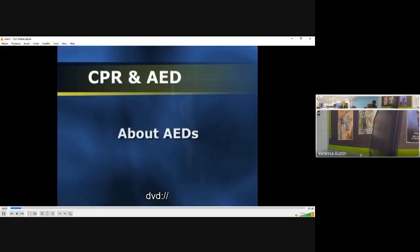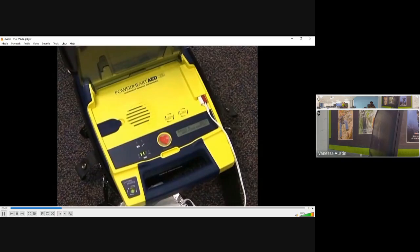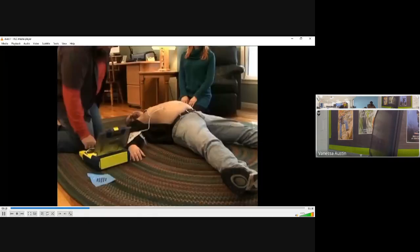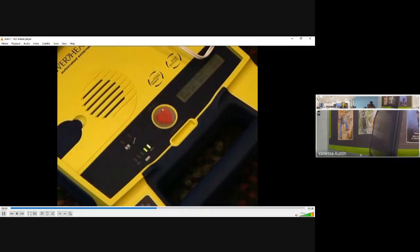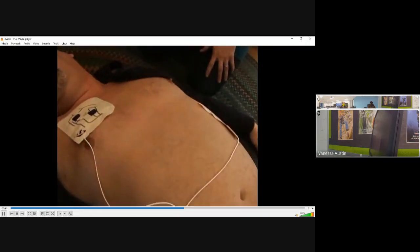Automated external defibrillators, AEDs, are electronic devices that analyze heart rhythm, determine the need to shock, and deliver a shock through cables and pads placed on the chest. AEDs vary from basic units that lay people can operate to those with advanced features helpful to professional rescuers. AEDs have common features, including a power button to turn the unit on and off, cables and electrode pads to attach to the victim, capacity to analyze heart rhythm, capacity to deliver a shock when needed, voice prompts to guide users through the procedure,